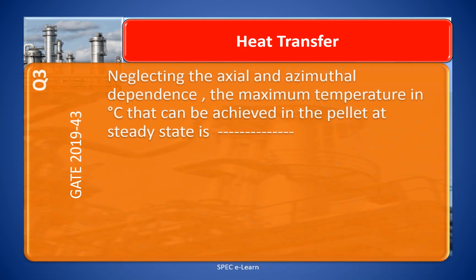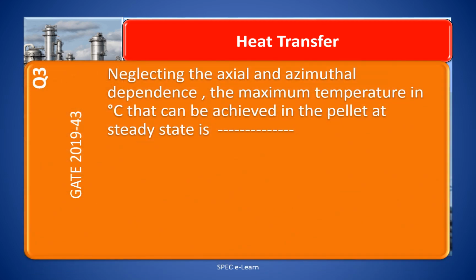Neglecting the axial and azimuthal dependence, the maximum temperature in degree centigrade that can be achieved in the pellet at steady state is